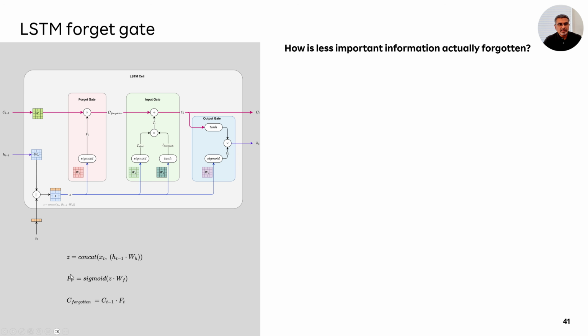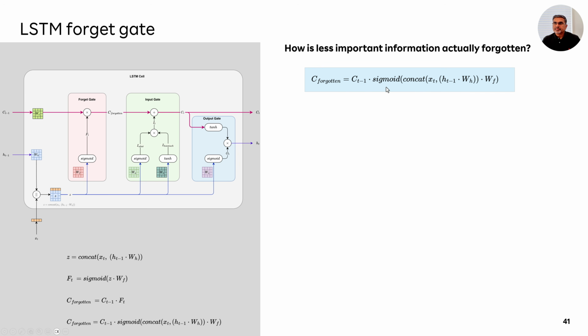And then you take this gate's value, which is calculated as a sigmoid of WF times this input Z, and you multiply it with what is coming in through the input here, Ct minus 1. Okay, so let's study this a little bit more. By the way, when expressed fully, C forgotten, which is basically our long-term memory or the whiteboard, is what was there in the whiteboard so far times the value of the forget gate. Okay, let's double click that further. Okay, this is what it is.